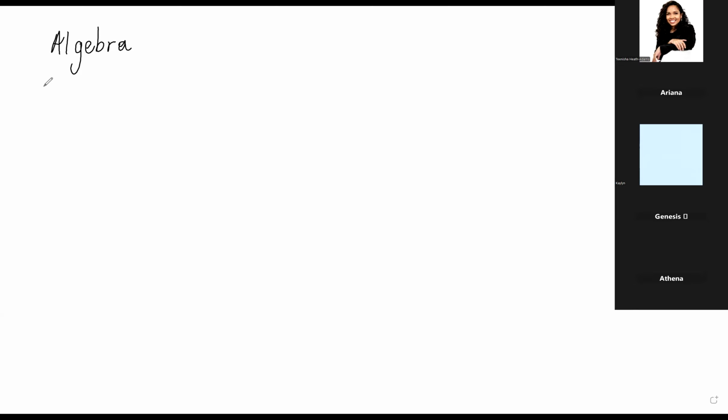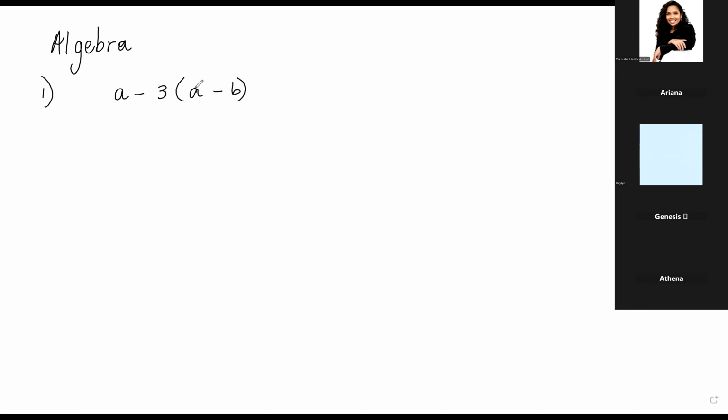So let's say we have a question that says A take away 3 by A minus B. Now, to simplify this, you have to remove the brackets using the distributive law. And the distributive law tells us that when you have something in brackets and a term right outside, you can remove the brackets by multiplying that term on the outside